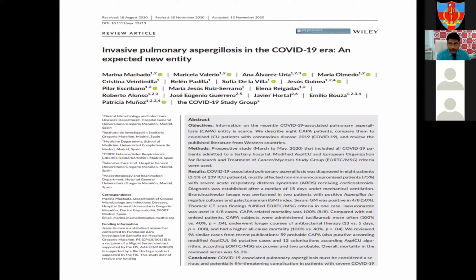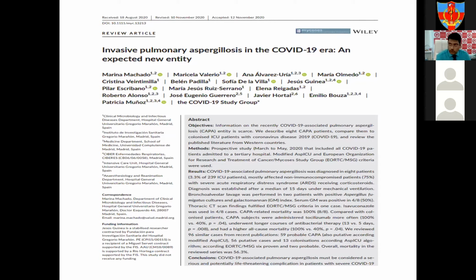As we speak, I think it is over 30,000 mucormycosis cases that have been detected in India so far, with a significant amount of mortality. And in addition to mucormycosis, which I'm going to deal with in the later slides, we have to keep in mind other possible infections which are already described in the Western literature, like invasive pulmonary aspergillosis.